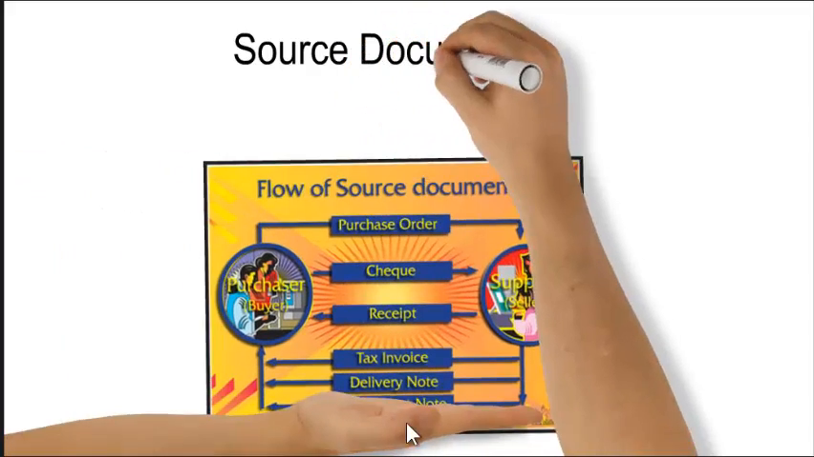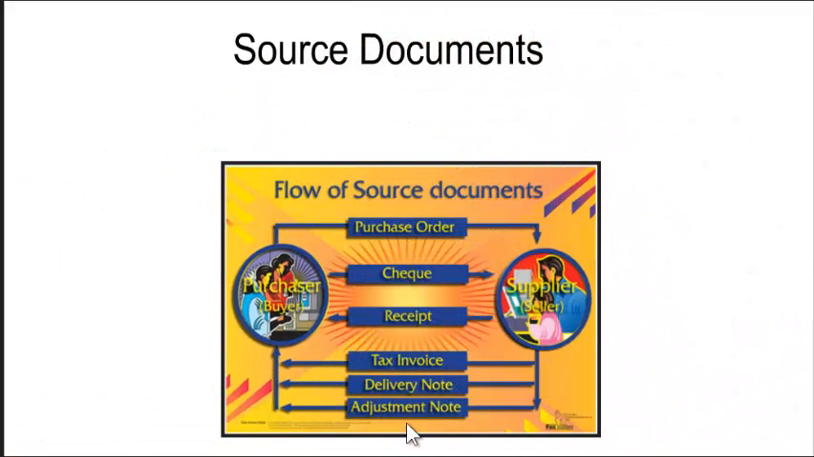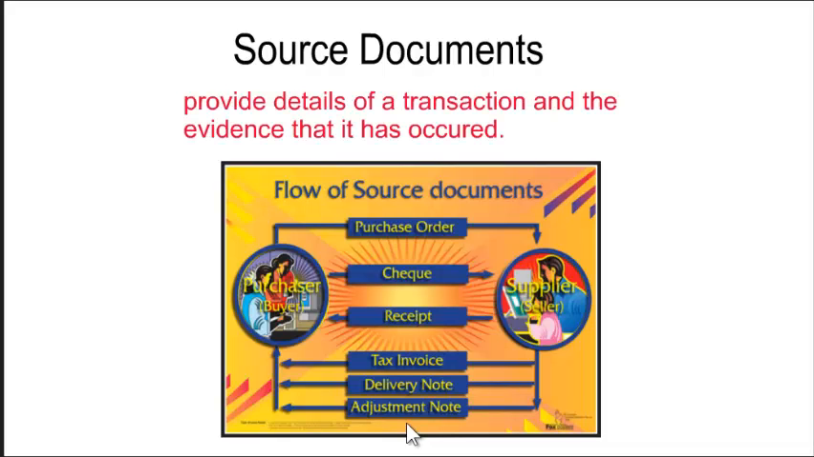So now let's have a look at what source documents actually are. They provide evidence of the transaction. And as I said to you before, the original goes to the customer, and the person that sells or procures the particular transaction has the copy. We have two cash